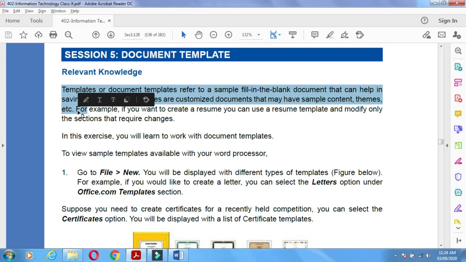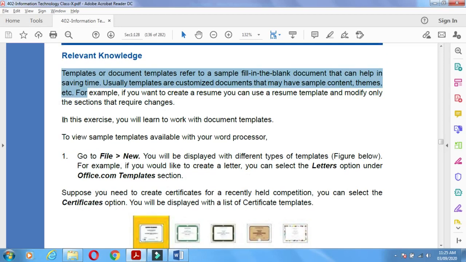It is already present in your computer, and you can just choose it, type your information or make some changes in that ready-made template, and apply it to your document.